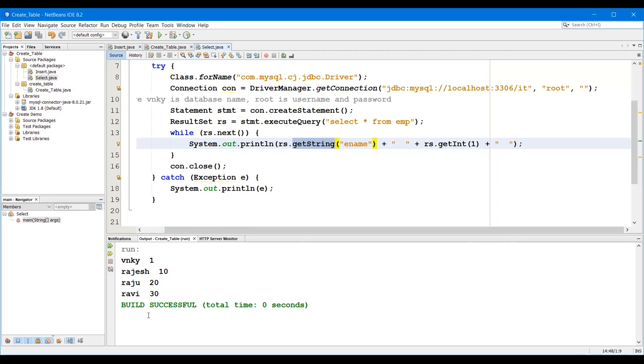So this is about ResultSet. We have seen practically how to create a table by using a JDBC application. We have inserted values into the table, updated those values, and also retrieved the information from that table with the help of ResultSet rs. And one more thing is delete. Delete is going to be discussed in tomorrow's class, and with that we are going to complete our third chapter. Okay, so any doubts in today's session?